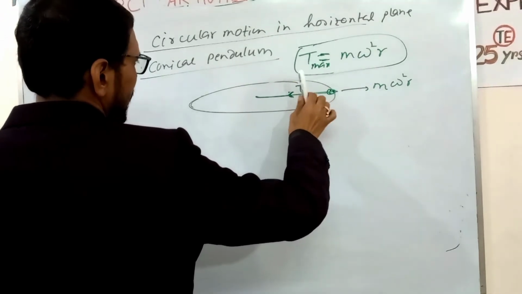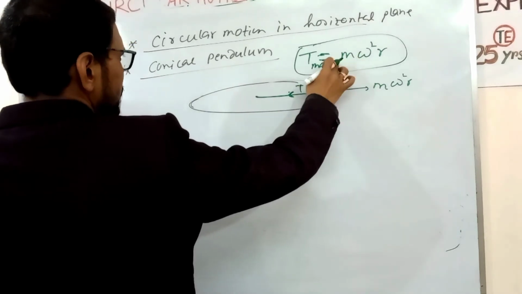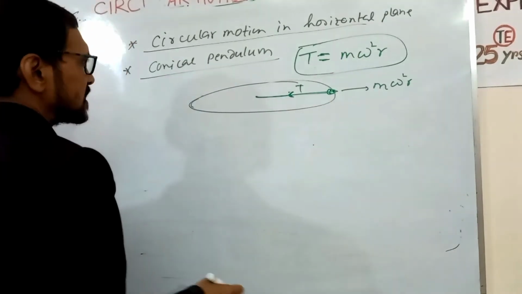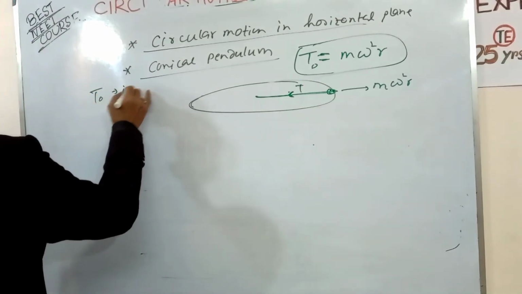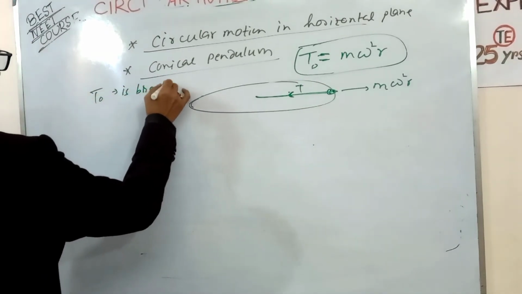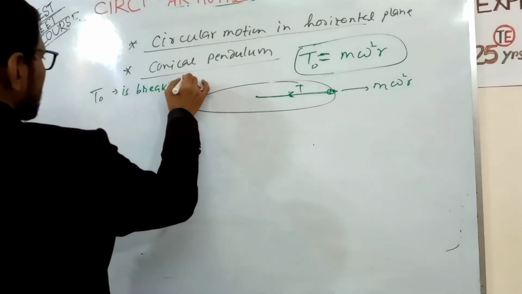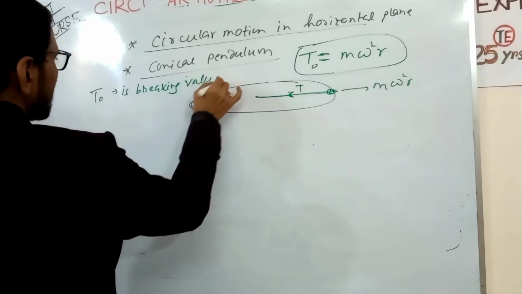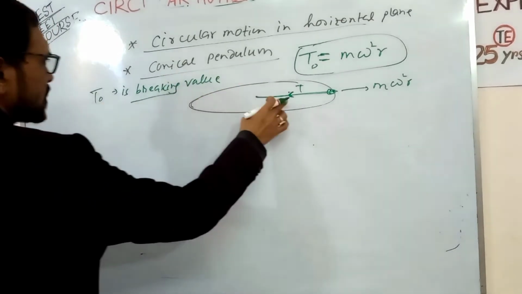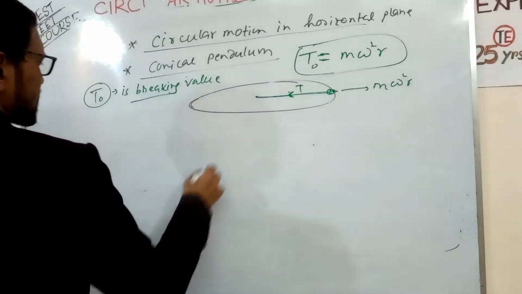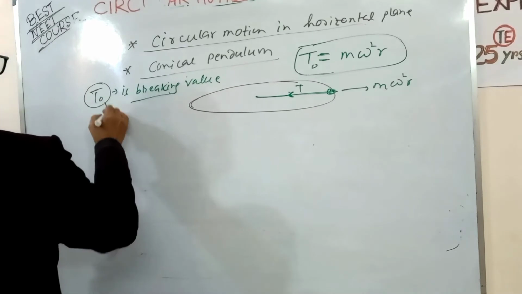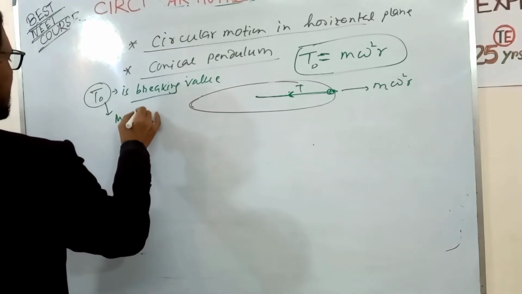If it is given that T0 is the breaking value, that is, T0 is the maximum tension